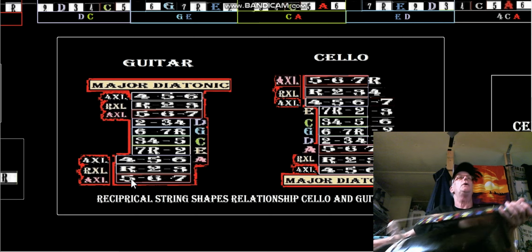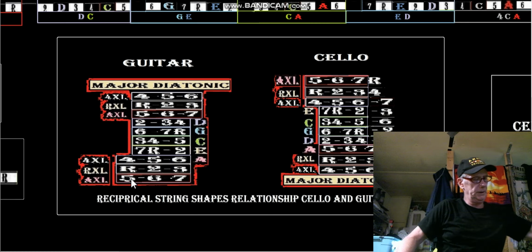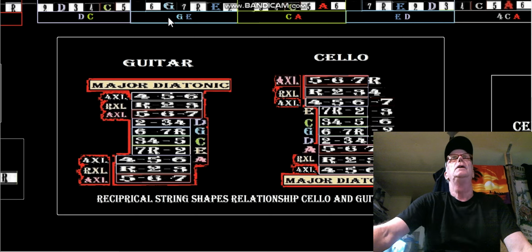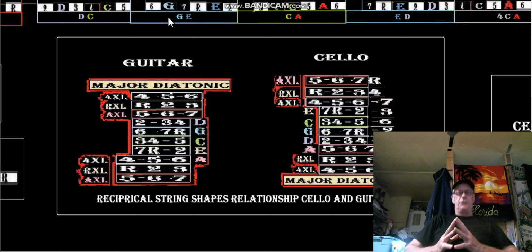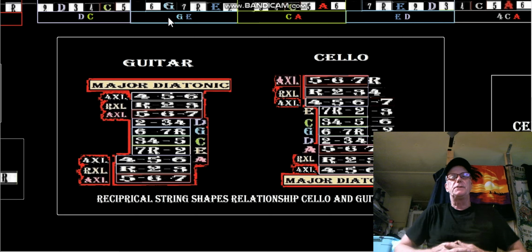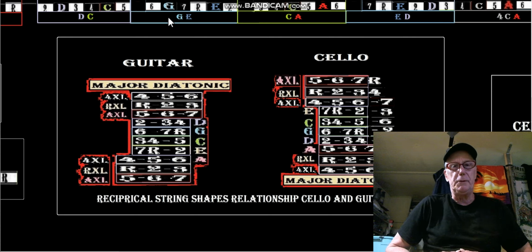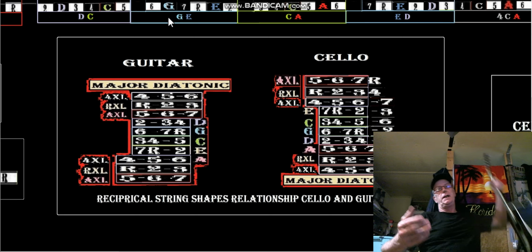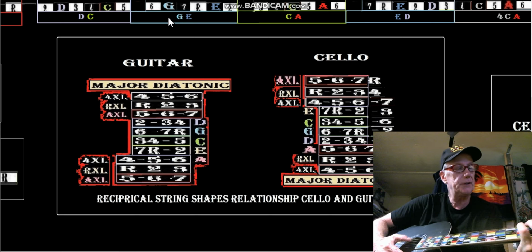Okay? So, let's change the subject. So that's what's going on. I don't suggest that. I'm covering all bases here. If you're comfortable playing cello and you pick up a guitar, and you want to play, you want to do this thing: